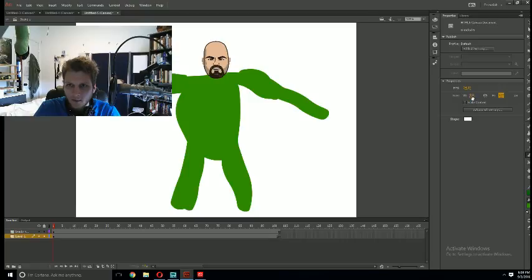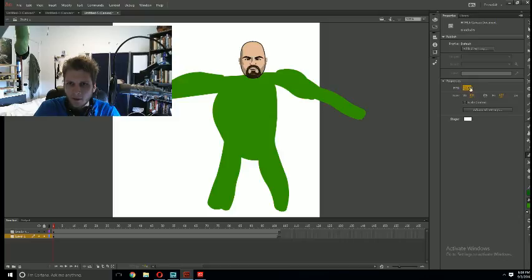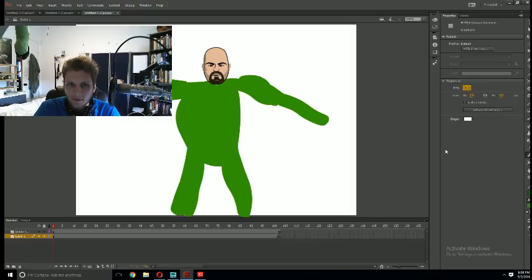What if it's like multiple strokes? That's what we got to make him out of, multiple strokes. So I think we can do him. I think we can do it. Just have to use fill instead of stroke. So let's take Brad's head, copy it,